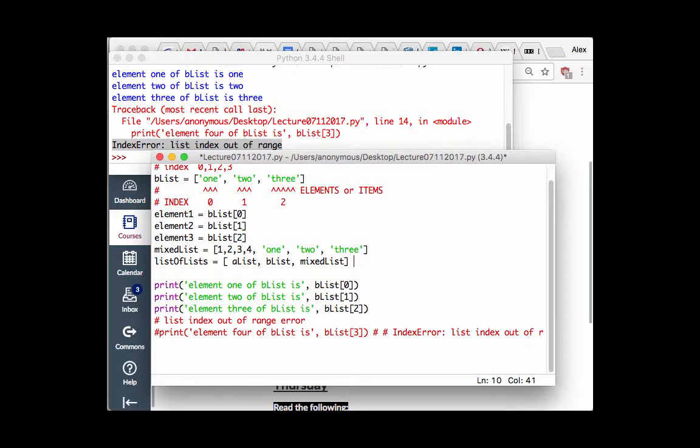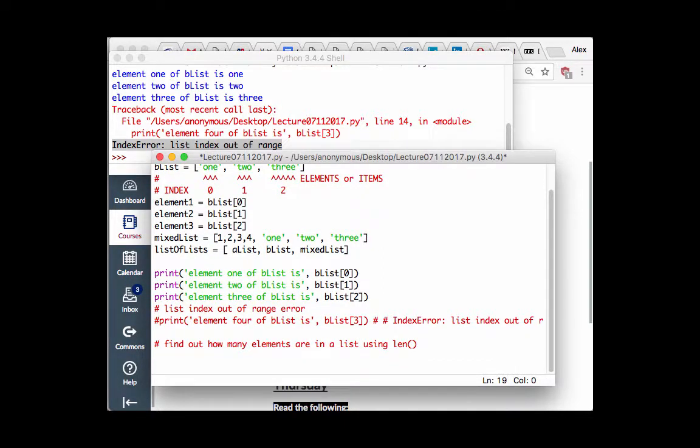Okay, so you saw the list index out of range. Now the next thing I'm going to do is find out how many elements are in a list using the len function. You already know what a function is. The len function is part of the Python language, and it lets you find out how many things are in the list, right? So I want to see print